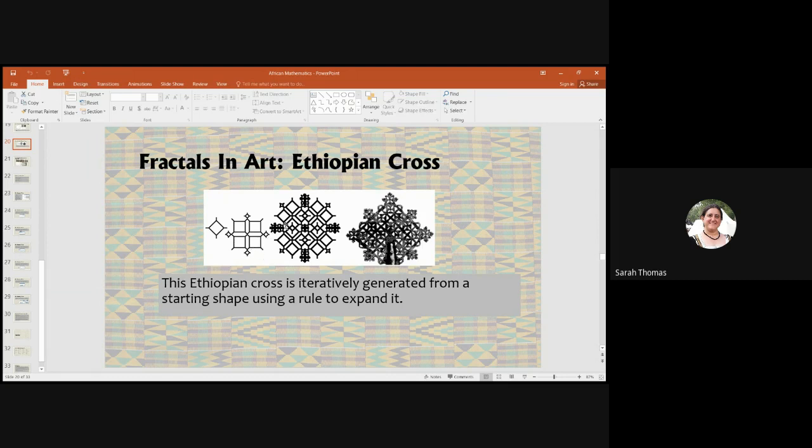And then you take that and you take 4 of them and you put them together into a cross, and you put little ones at the junctures. And that's going to generate for you the complexity of an Ethiopian cross. There's a number of different ones but you can tell that they are all generated from it, and they're all iterated in 3 iterations specifically from a particular starting shape. It's really interesting.